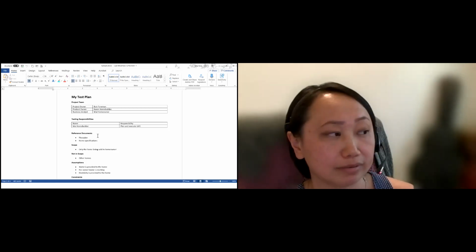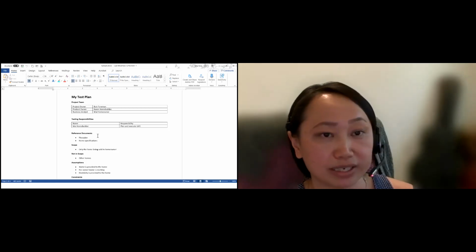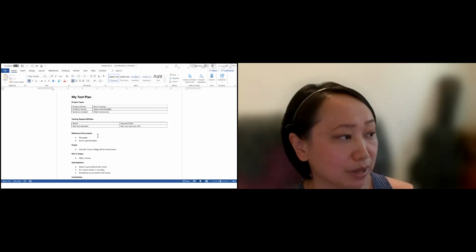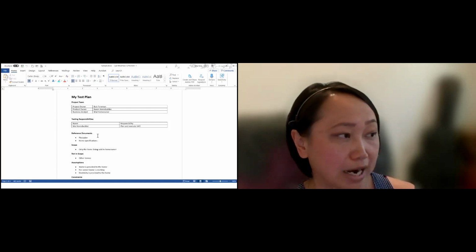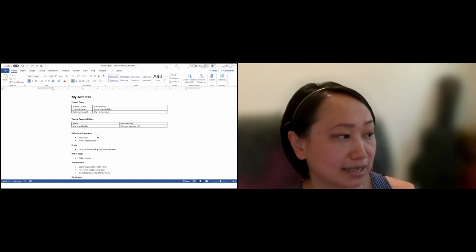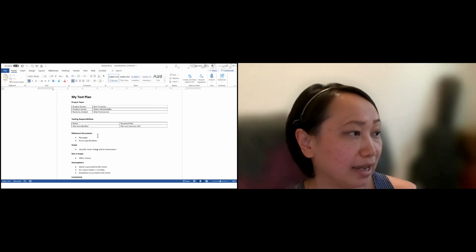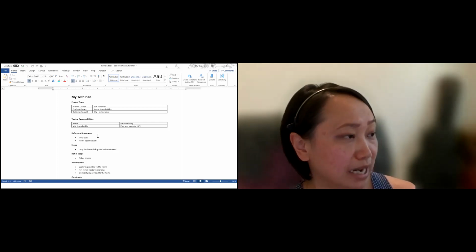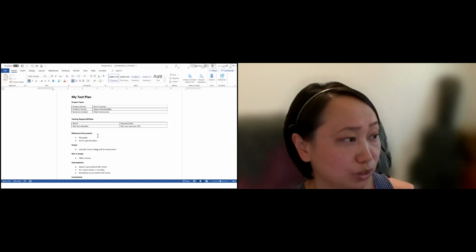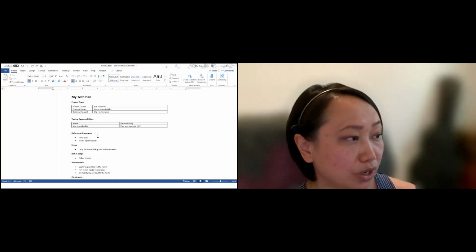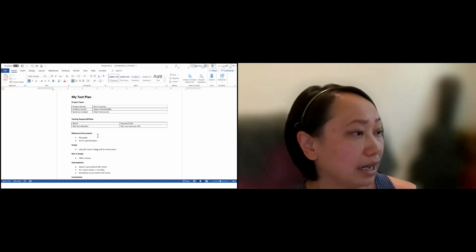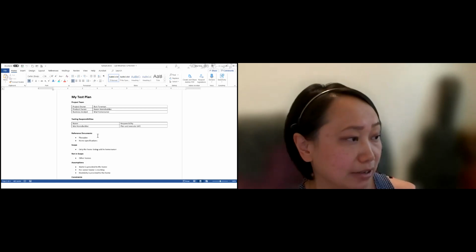Again, this is just a loose version of what a test plan template would look like. Depending on the company, there are different test plan templates out there. For our instance, I'm just using this as a simple example. Typically in my test plan, I would have my project team, so folks know who to get in contact with if we encounter any issues. So I have my project owner, my product owner, and myself as the business analyst.